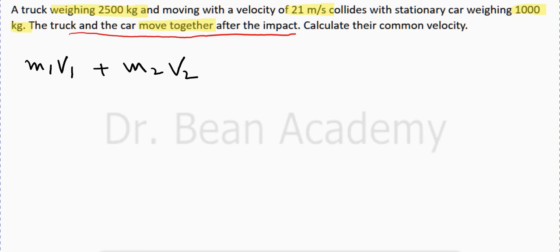Because we have only two components, a truck and a car, we will add only two momenta, m1 v1 plus m2 v2. Let's assume that m1 is the mass of the truck, and v1 is its corresponding velocity, m2 is the mass of the car, and v2 is its velocity before the accident. This is the total momentum of the system, and it is equal